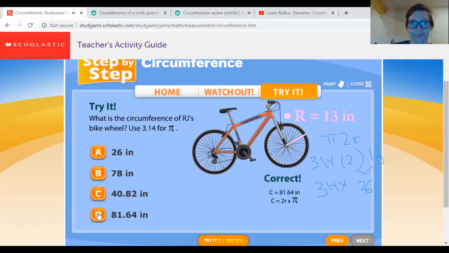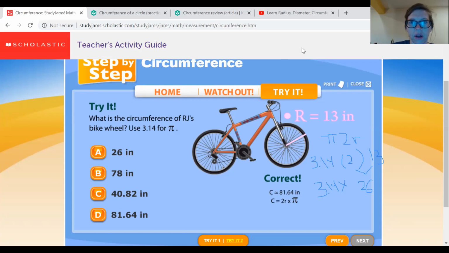inches. Nice one! 81.64 inches is approximately the circumference of RJ's bike wheel. Multiply the radius by 2 to find the diameter. Then you multiply the diameter, 26 inches, by pi. All right, so